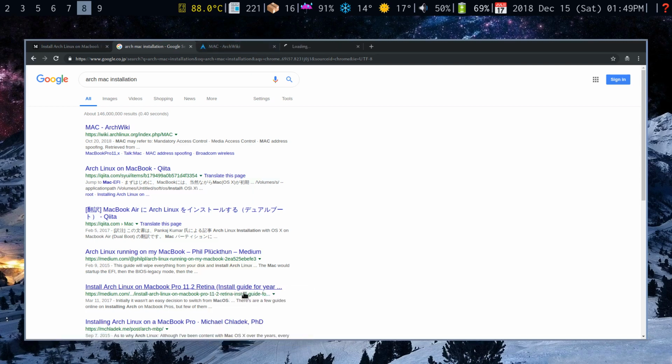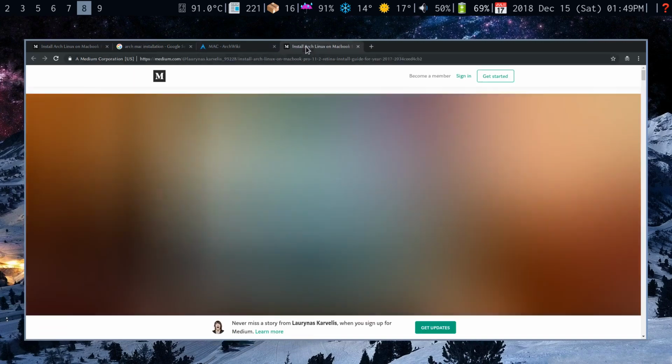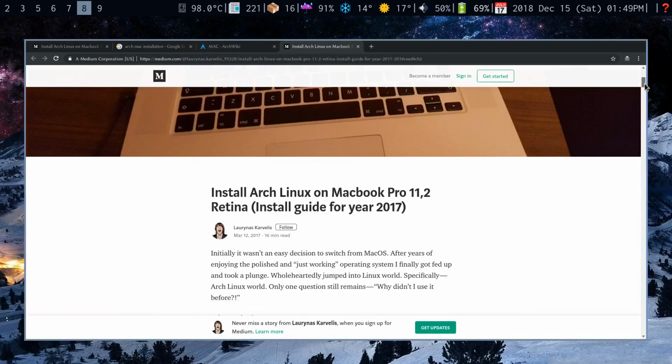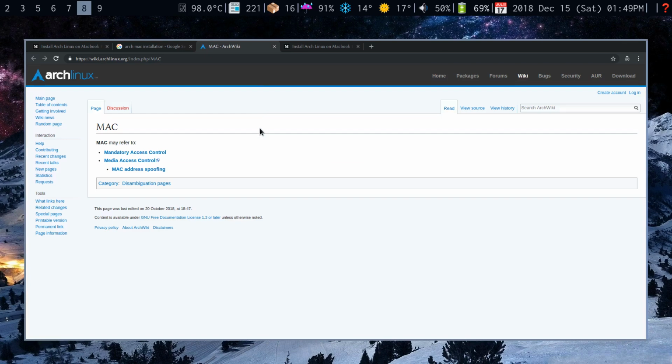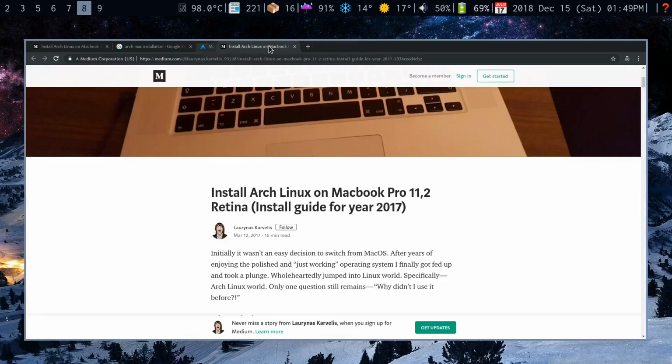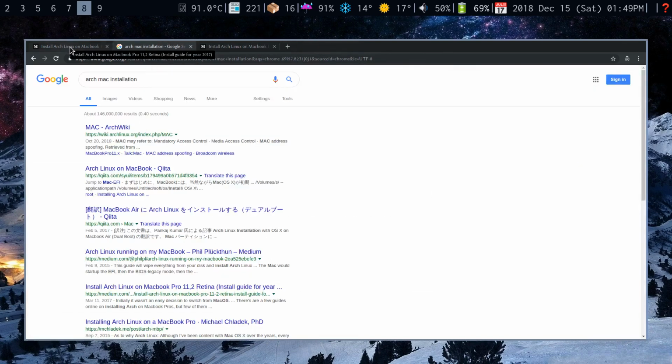This is what I used. Now I have installed this on 2 machines. I have a MacBook Air, and a MacBook Pro. That's not what I want. Okay, that is not it. I loaded this up twice for some reason. Okay,